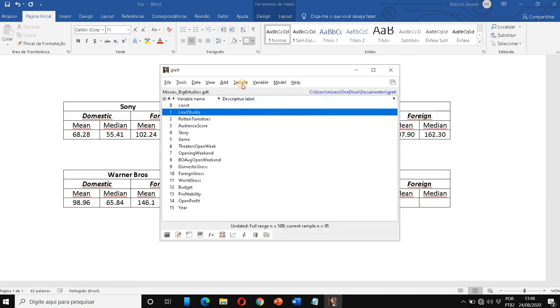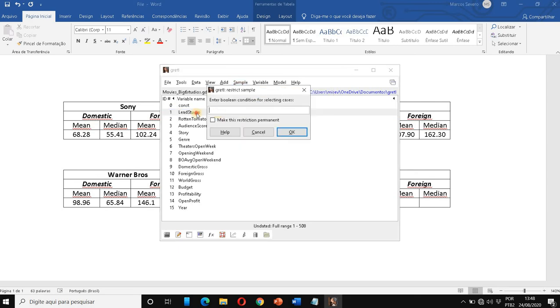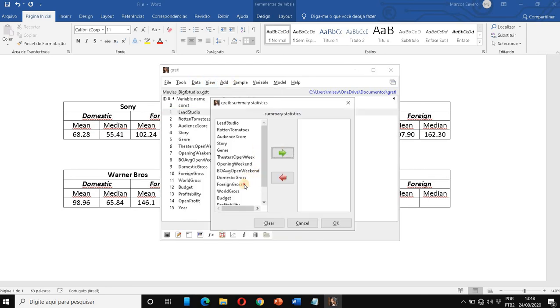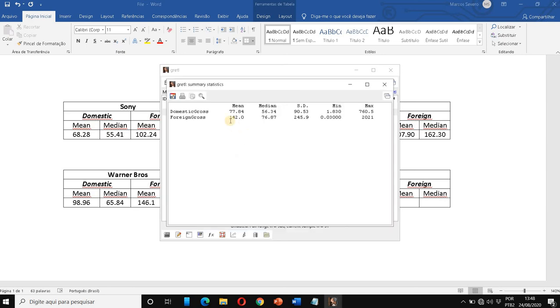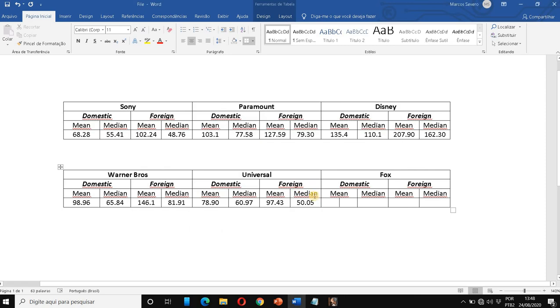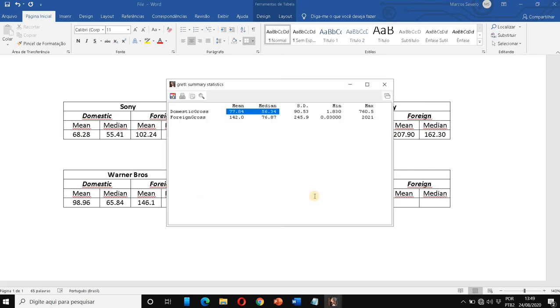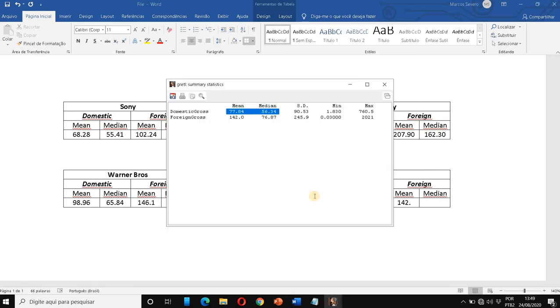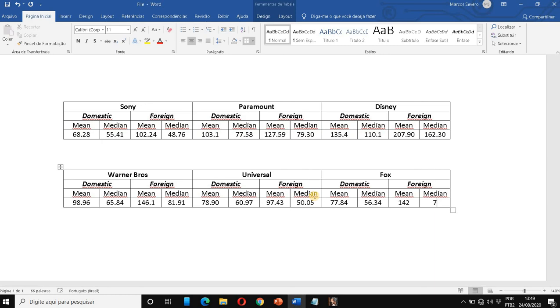And the last one is Fox. Restore, restrict. 77. And 66.87. So now I have generated the descriptive statistics, and now as a marketing manager, I am able to